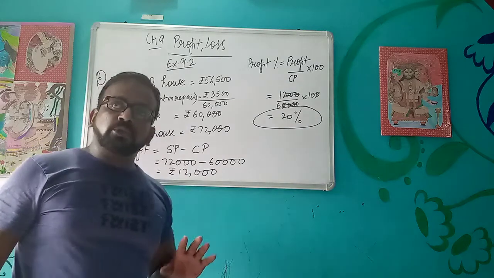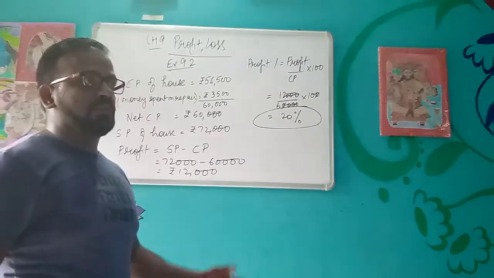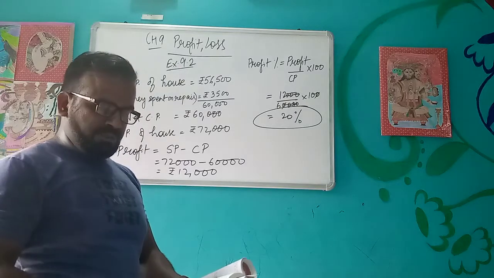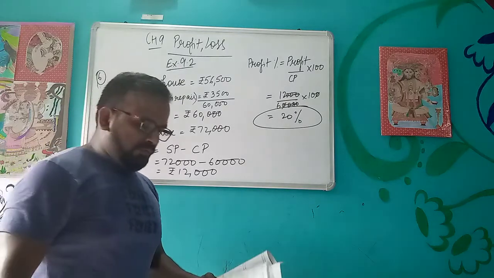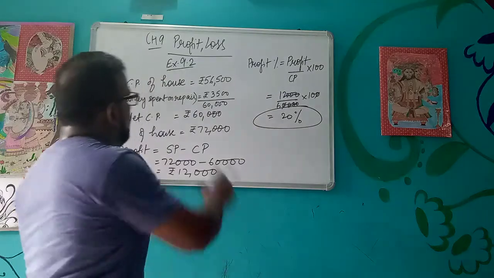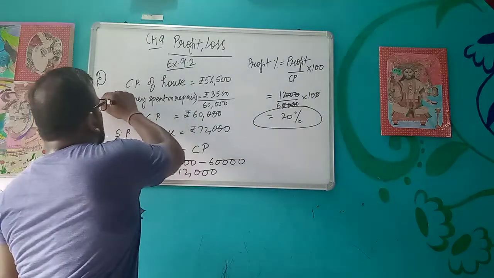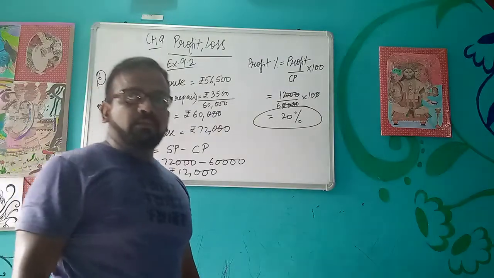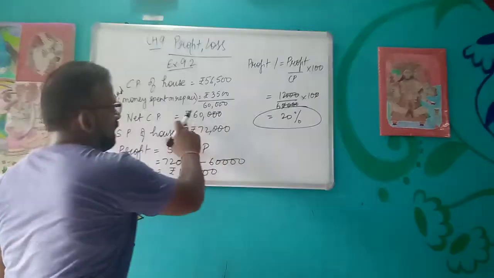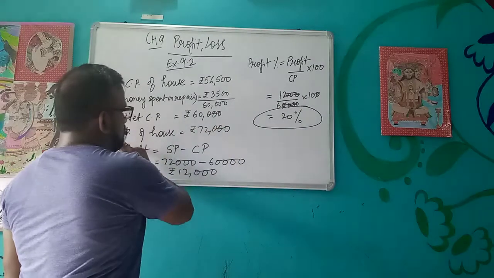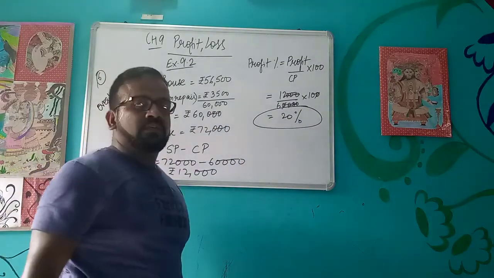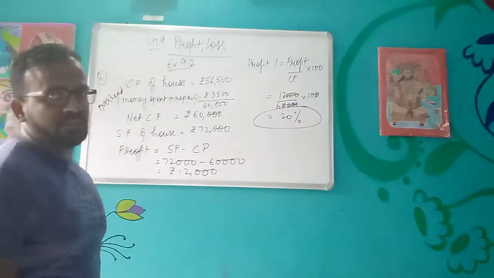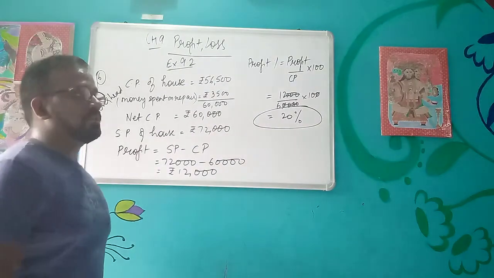So in this question, what we have learned new is that whenever anything is purchased, and if something more is spent on the overhead, like repairing or carriage or transport charge, like in question number 7, what will we do? First we will add this overhead. This is known as overhead charges. These overhead charges we always add to the CP. Then we will calculate the net CP. Afterwards we will do the calculation for the asked things, whether SP or profit, whatever is asked, then only we will calculate.